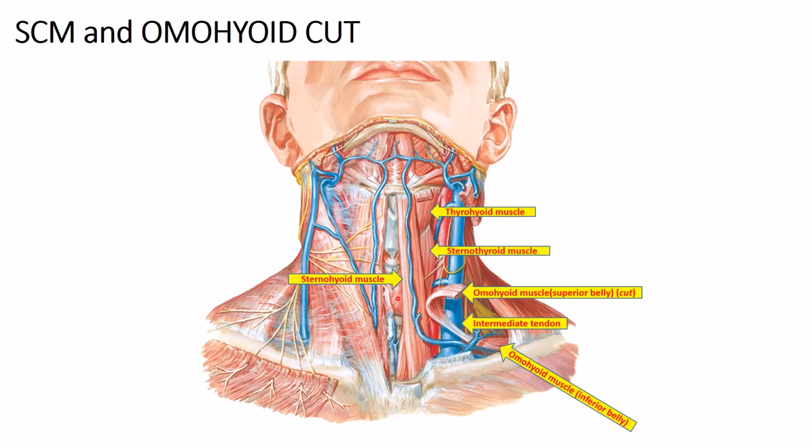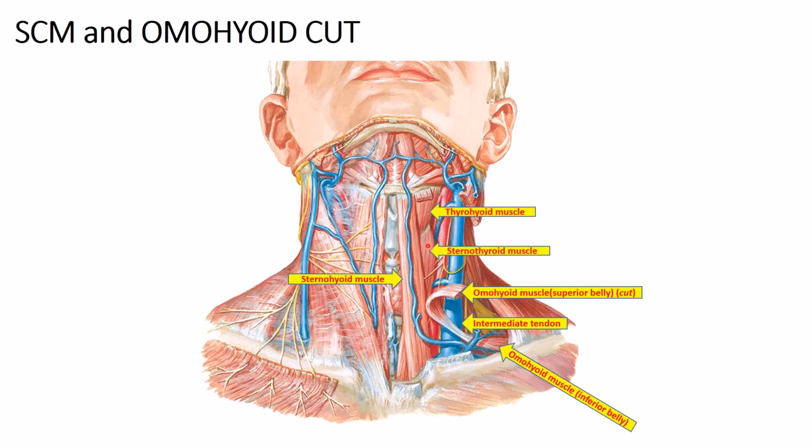Now let's focus on the thyroid cartilage. We see here the thyrohyoid muscle. From its name, now we know that it's between the hyoid bone and thyroid cartilage. Okay, just under it, the thyroid cartilage gives attachment to another muscle called sternothyroid muscle. Sternothyroid muscle. So sterno means sternum, of course, and thyroid means thyroid cartilage.